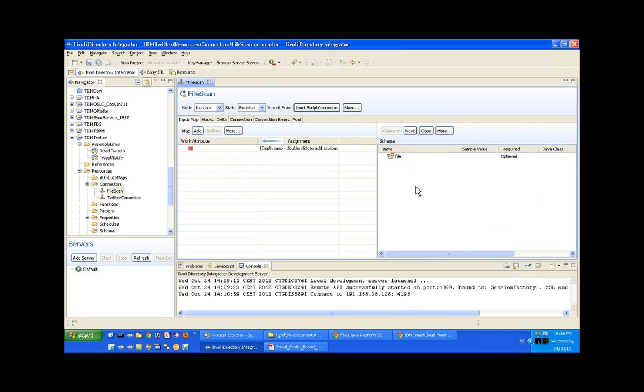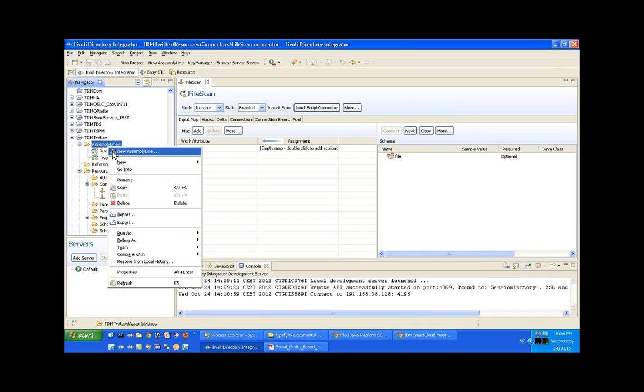So, any questions on what I've done so far? Does this look reasonably straightforward? All right. Now, one of the cool things about the TDI 711, many cool things about it,